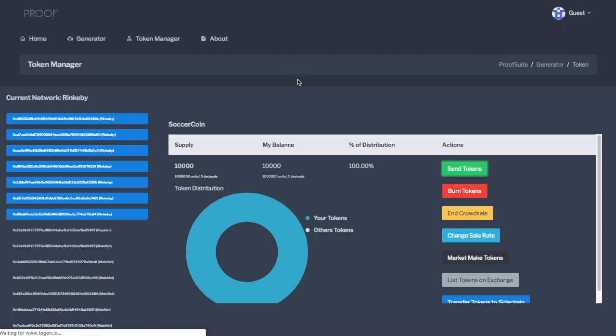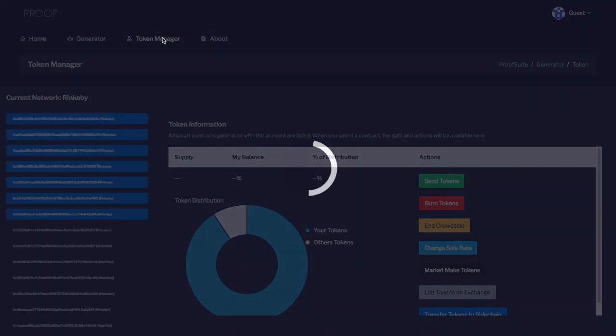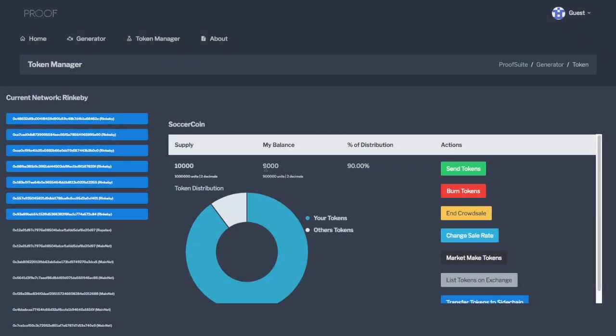I can refresh, go to my token manager, and I will see now, if I click on that, I have a balance of 9,000 tokens, and others have about 10%. So others' tokens, 10%, my tokens, 90%. So that's correct. So now let's burn some